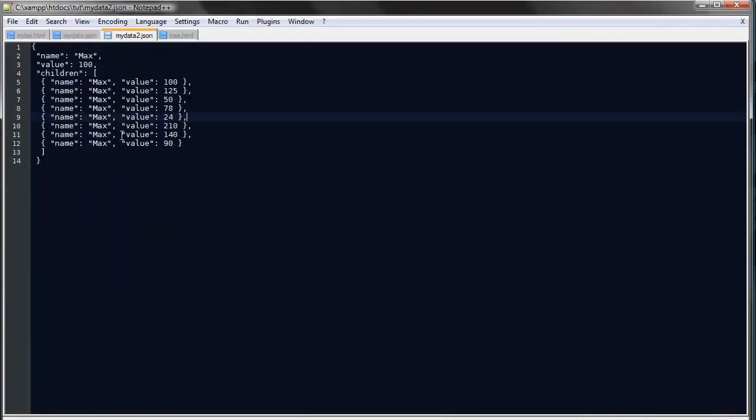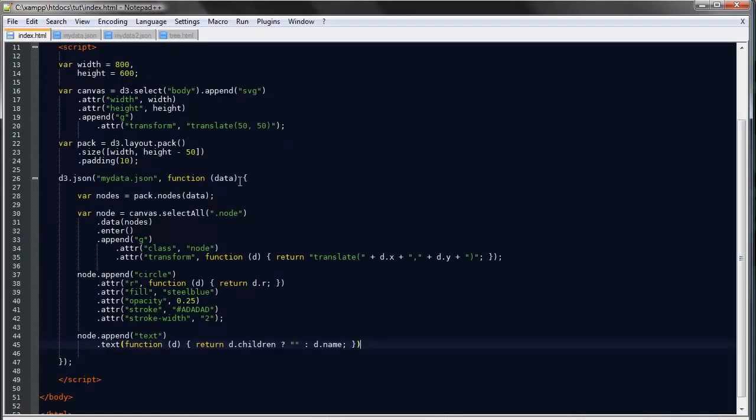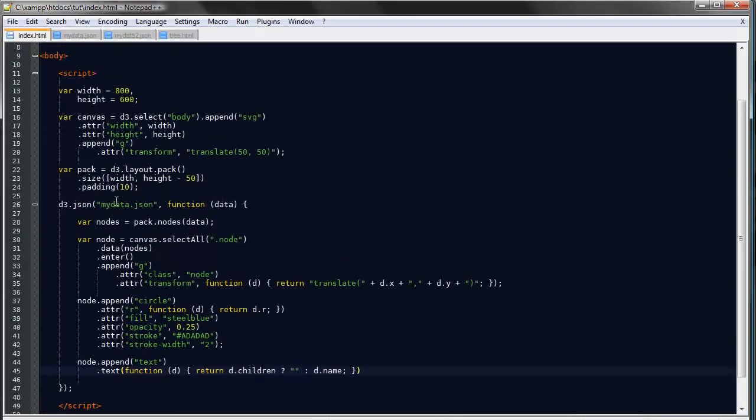I've prepared another set of data, and yeah, I was lazy, I just called every object max, but I simply created a data file composed of one root node and then an array of objects all at the same depth. So if we go back to index.html, and instead of loading my data.json, we'll load my data2.json,